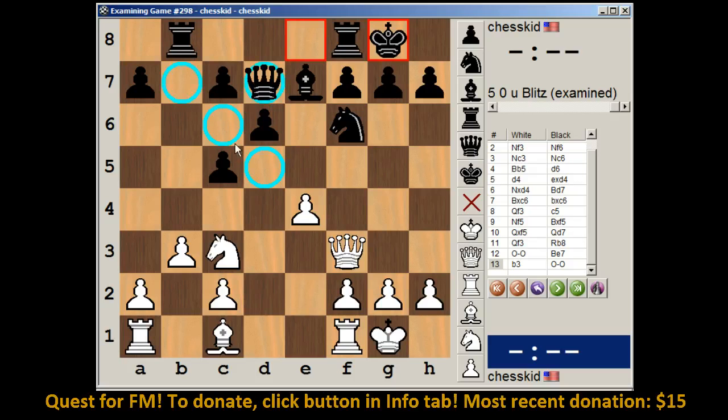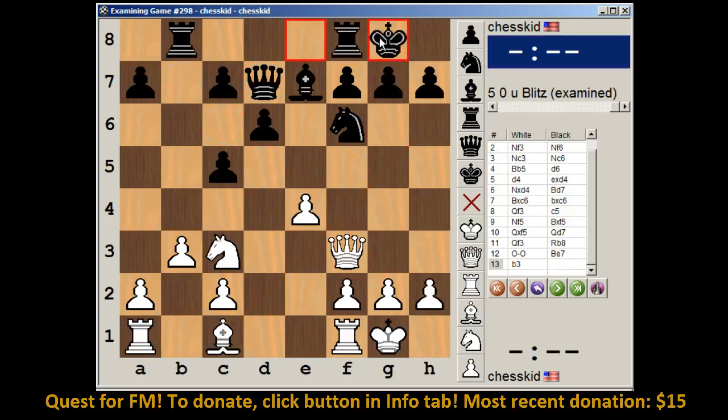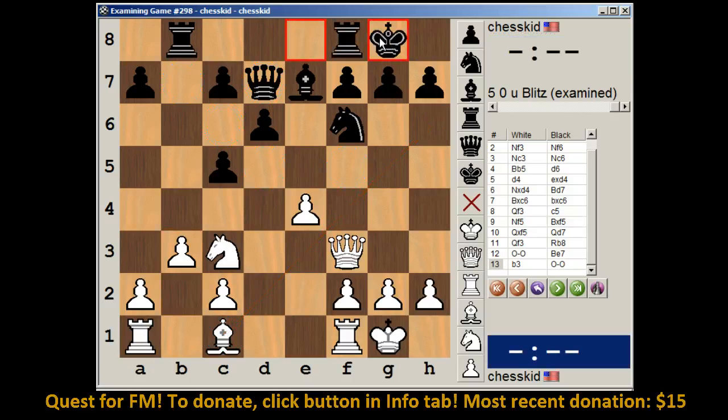Okay, so given that, what should White do here in order to kind of bring these issues to the forefront? Should he play knight D5 immediately? Is now a good time? Well, knight D5 immediately. The problem with that is, we're kind of compromising our